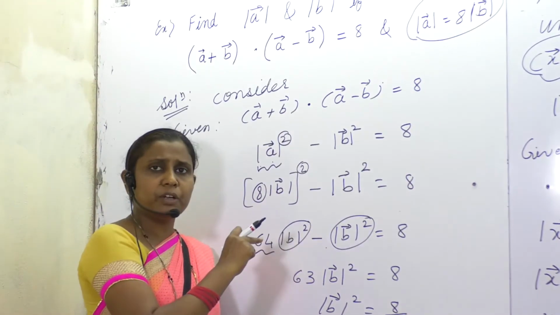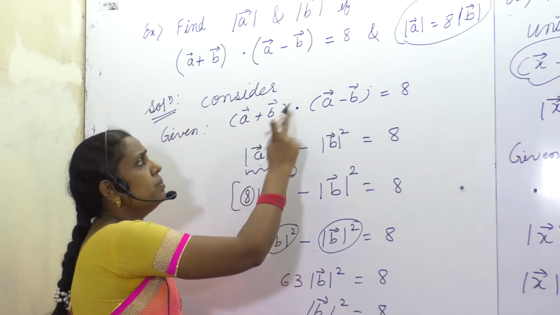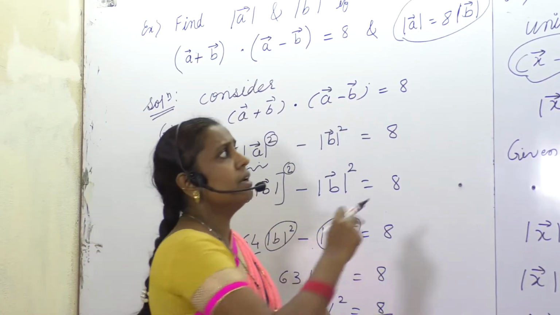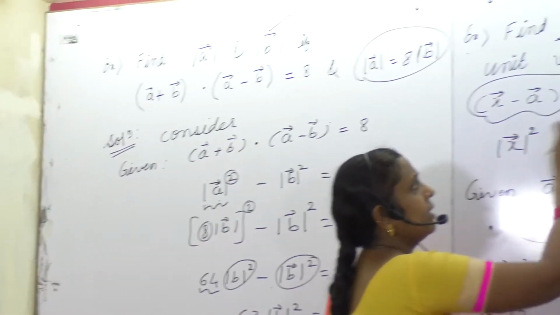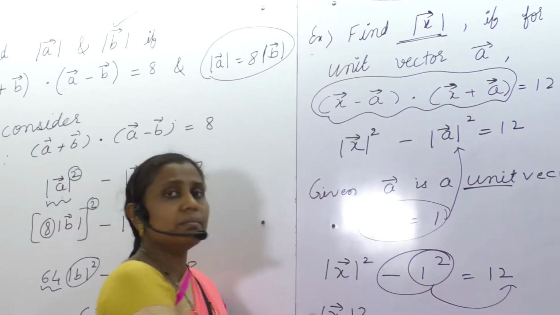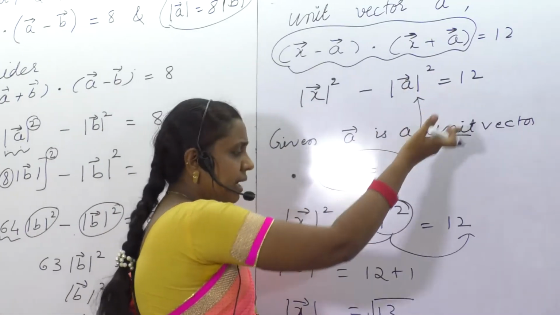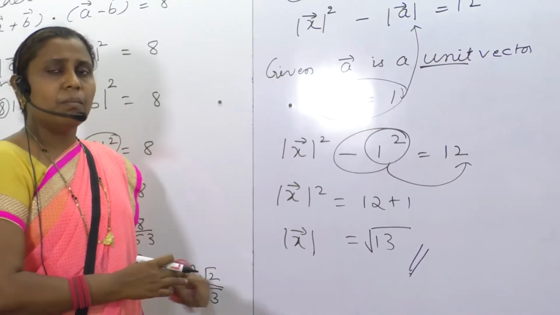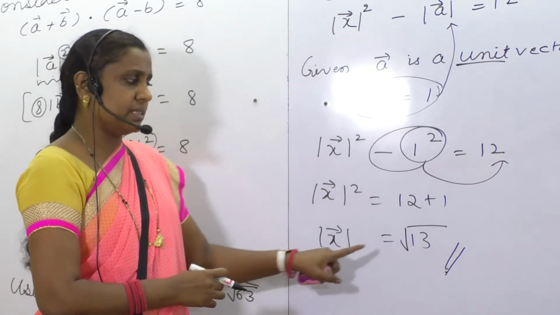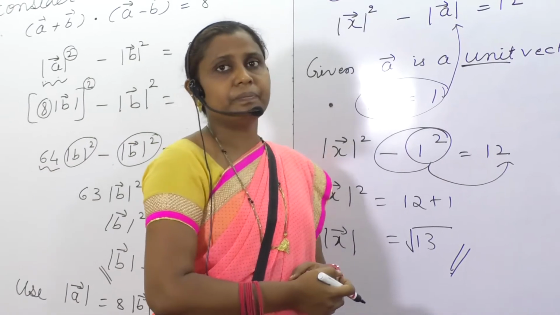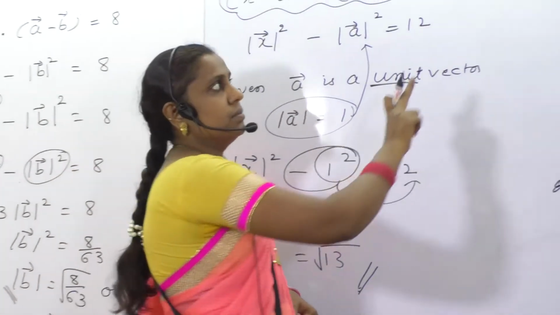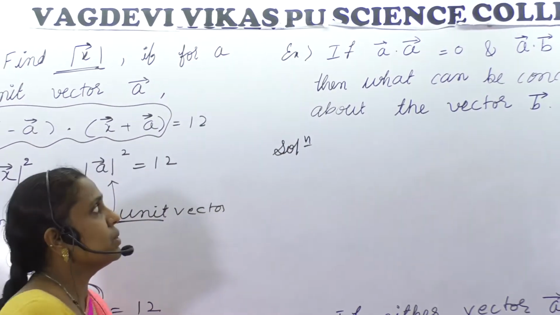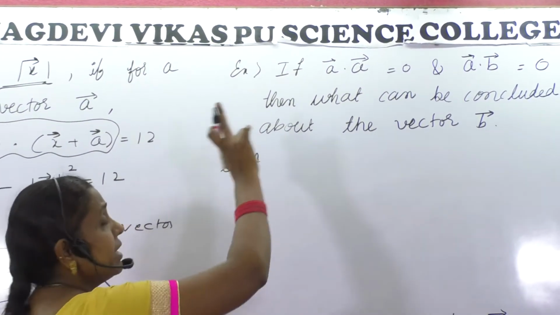Usual multiplication you are performing, no? The same way. A plus b, a minus b gives a square minus b square with the magnitude expression. And here x minus a, x plus a gives x square minus a square with the magnitude expression, equal to 12, an algebraic expression. You can get it solved and the answer happens to be mod x, or magnitude x, length x is equal to root 13.